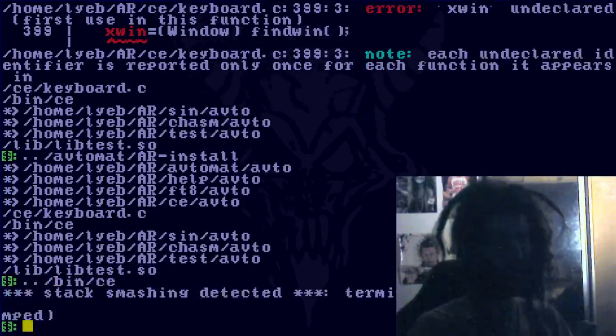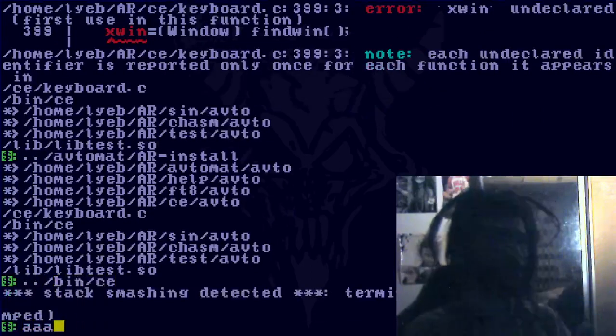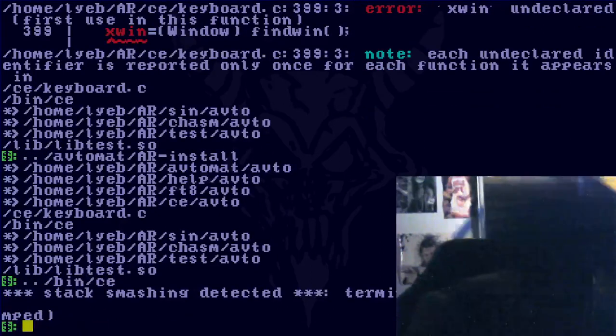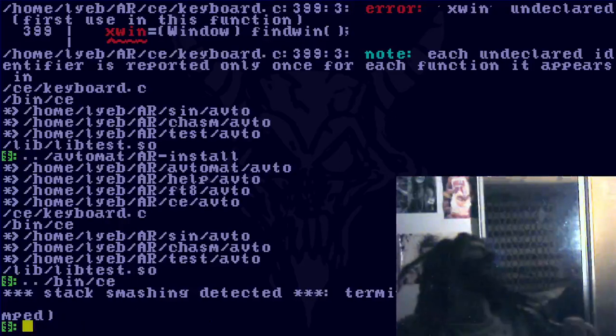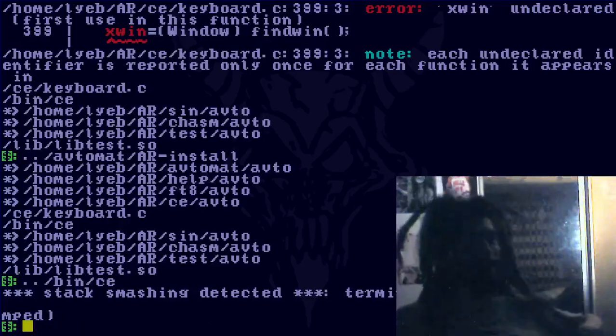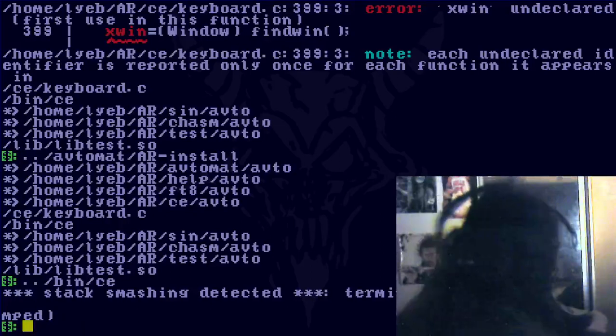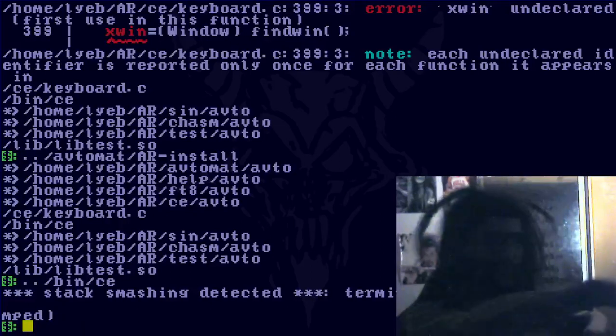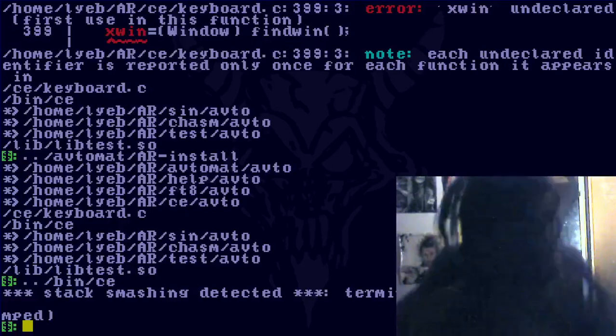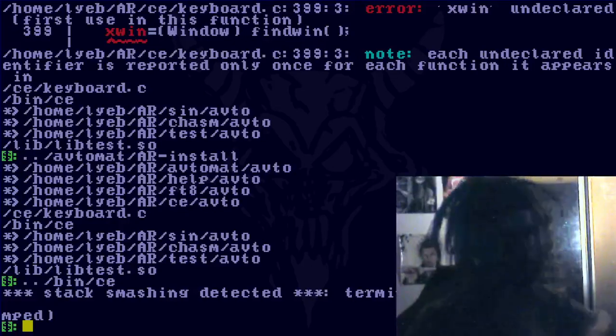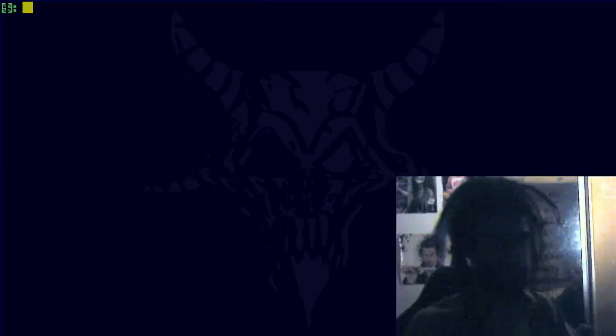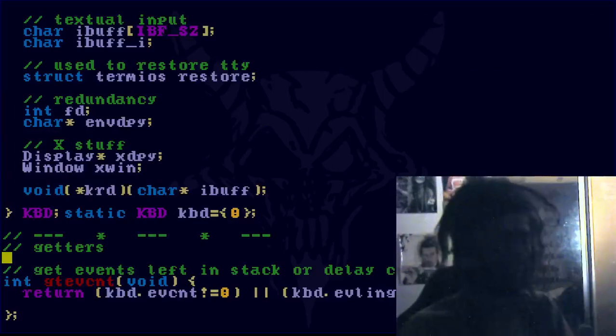All right, stack smashing. We did it, people. We did it. Holy shit. But you know, this is kind of interesting, right? Because you know how people say that C is an unsafe language. Not really. Not really with a modern compiler. So anyhow,